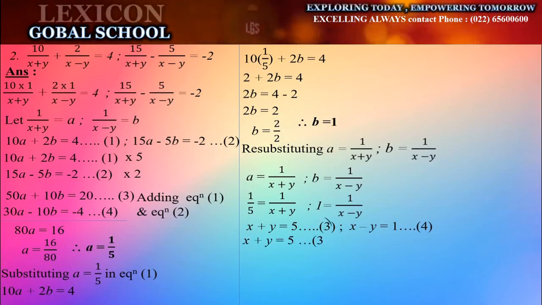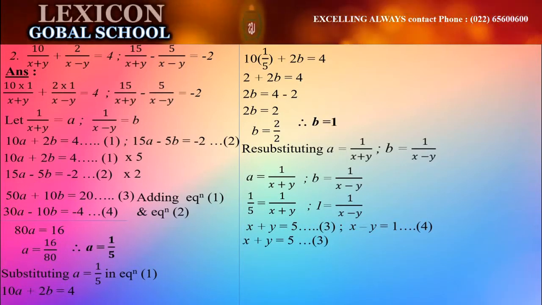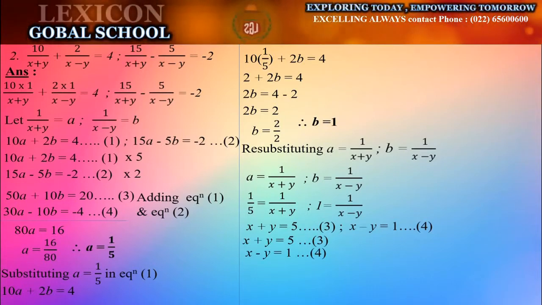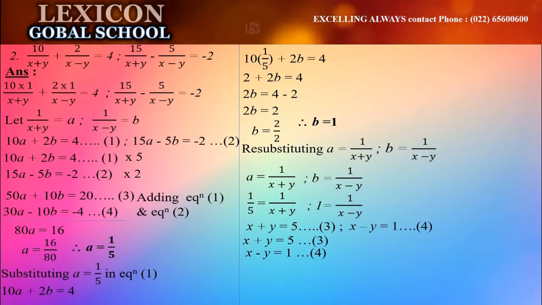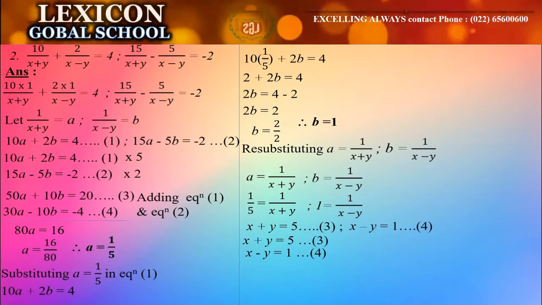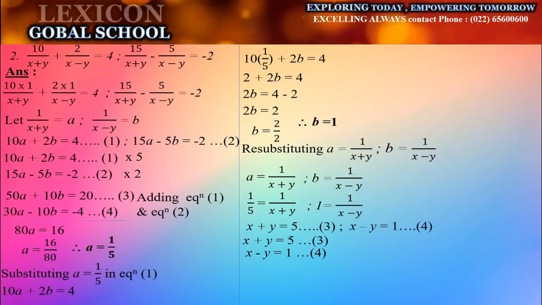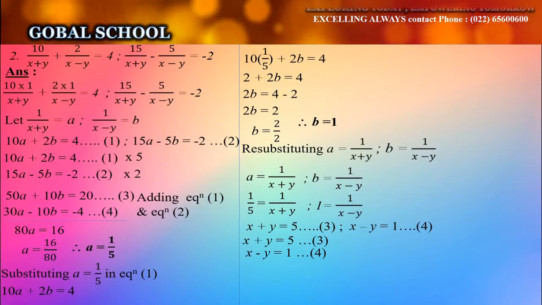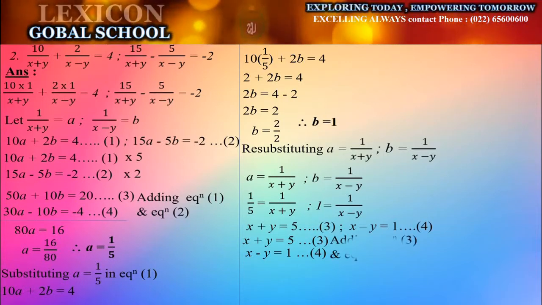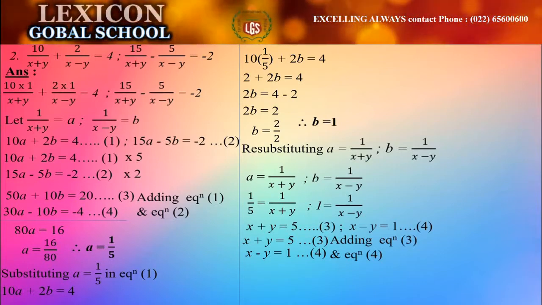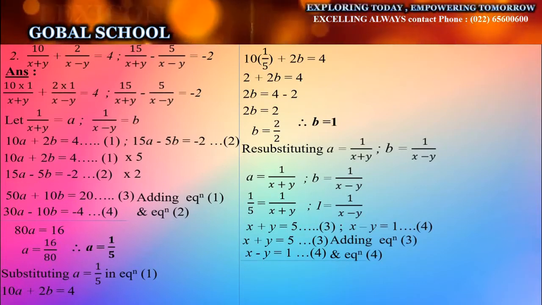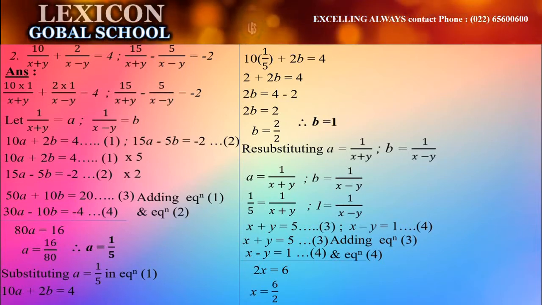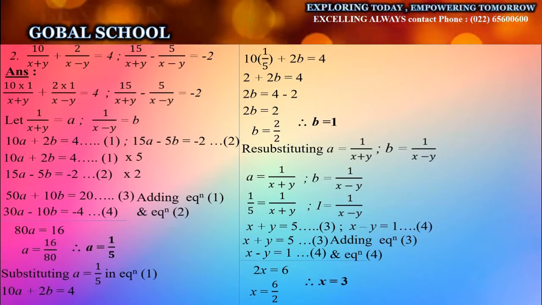Since we have got again two equations, x plus y is equal to 5 and x minus y is equal to 1, the coefficients of the variable y is 1. So, we do not have to multiply it by anything, we can straight away carry on the operation. Since the signs of both the equations are same, we can carry on the operation of addition. Therefore, adding equation 3 and 4 we get 2x, y gets cancelled is equal to 6. x is equal to 6 upon 2. Therefore, x is equal to 3.